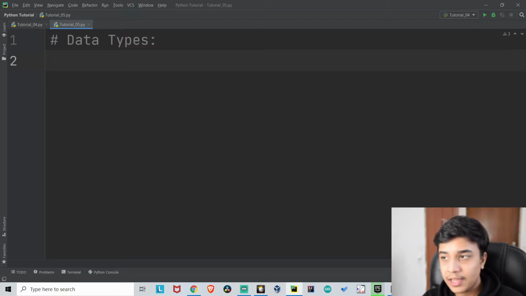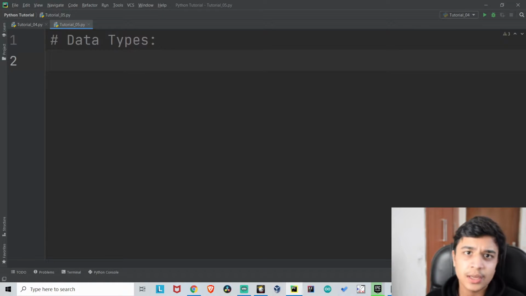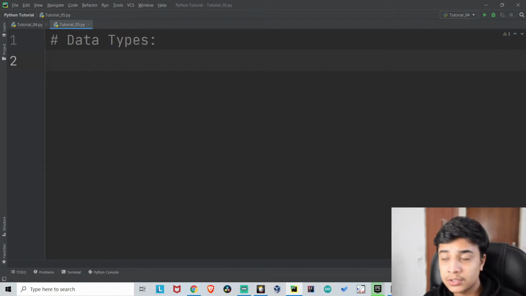So there are different types of data type. Like in English you're studying alphabets, characters, words, phrases, and lots of other sentences. And in maths you are learning about operators, numbers, decimals, negative numbers, and all sorts of that. And then you have true and false: yes, that is true, this is false. So that all is data type. In Python we have mainly 4 types of data type. In other languages there are many more.